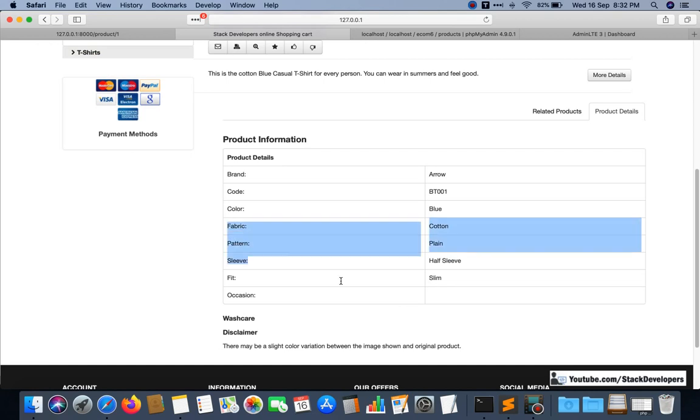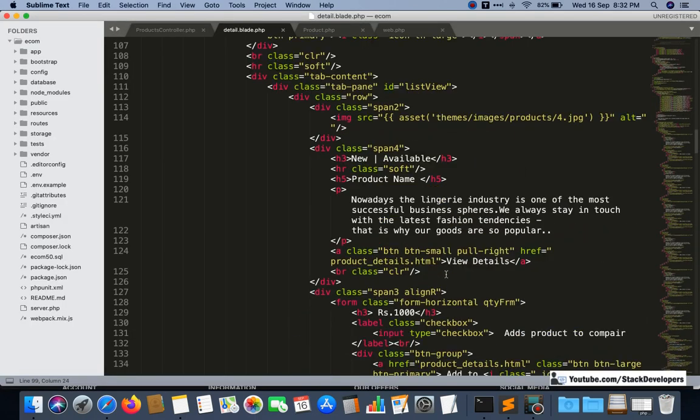So like this, see, all these columns are not mandatory, so we will add a condition here. Like if fabric is there, then only it will be shown. If pattern is there, then only it will be shown, like this. But these fields are mandatory, so no need to add a condition, because these will always be there for the product. But for all these, fabric to occasion, we will add the conditions.